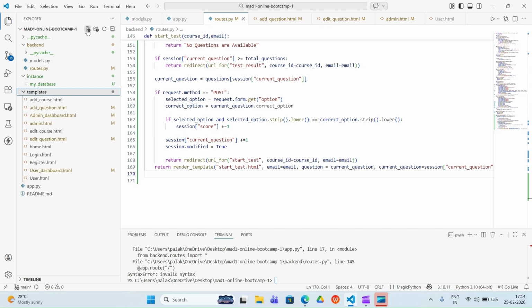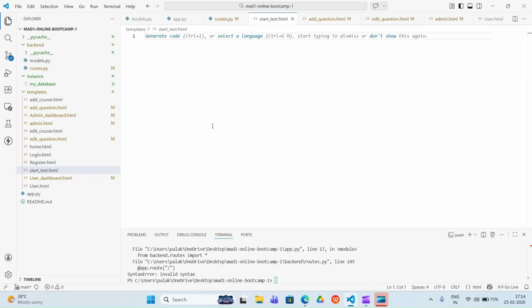So we need to go to this template section, and we need to create one template for start_test.html. And then after we'll come here and we'll do the same thing as we have done here. We'll extend this to the user dashboard.